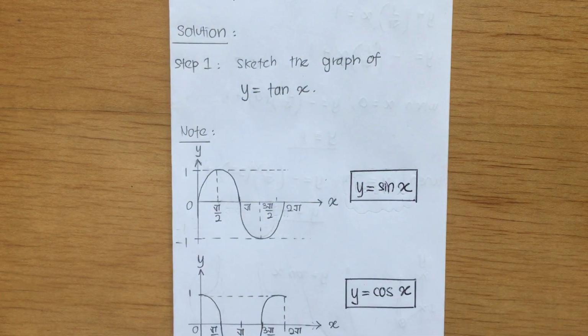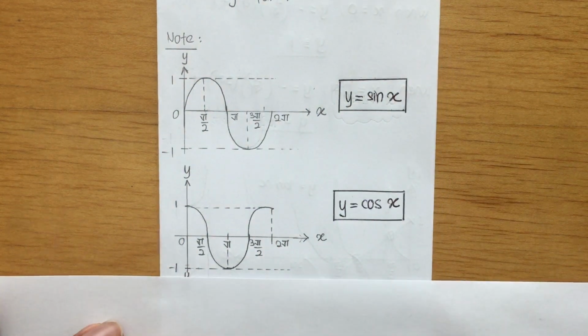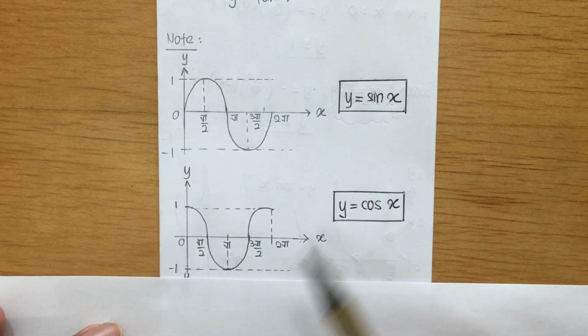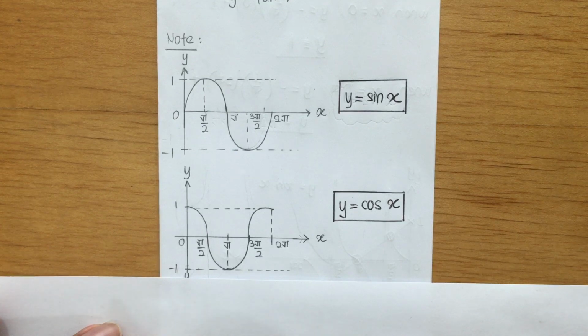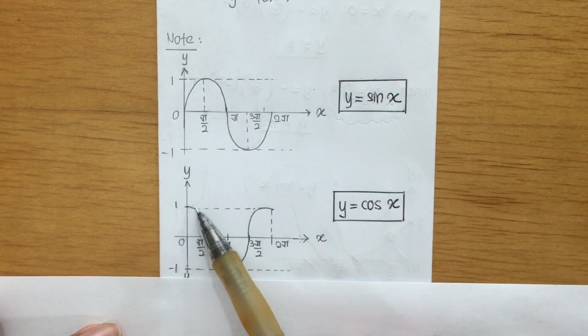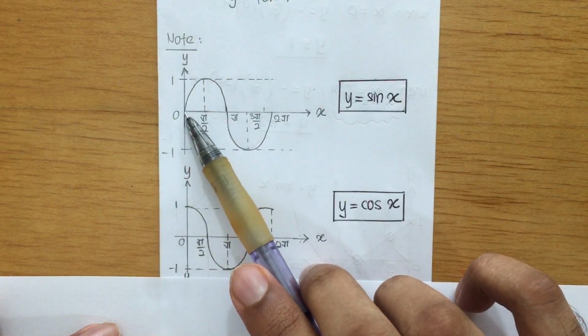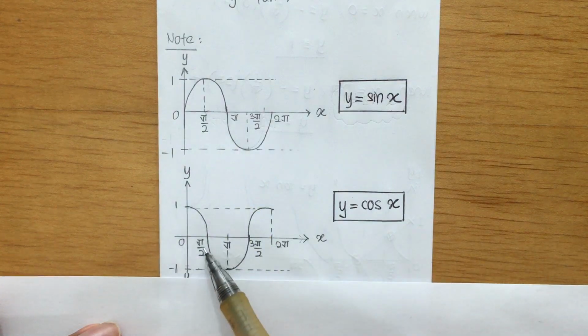So as you look here, this is your cosine graph guys. Okay, let me pull this paper up. I'm going to compare this sine graph and the cosine graph together. So sine graph and cosine graph are actually pretty similar guys. The only difference is the cosine graph is leading in front with a difference of pi over 2. So as you notice here, when your cosine graph begins from x equals 0, it's already starting from 1. Whereas your sine graph starts from 0 itself. So that is the difference guys.